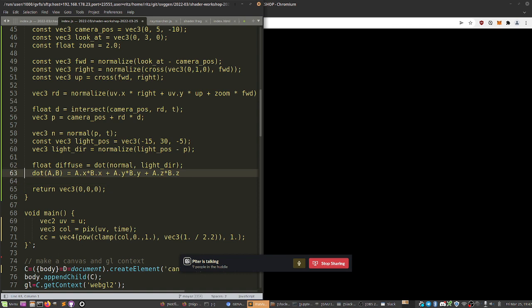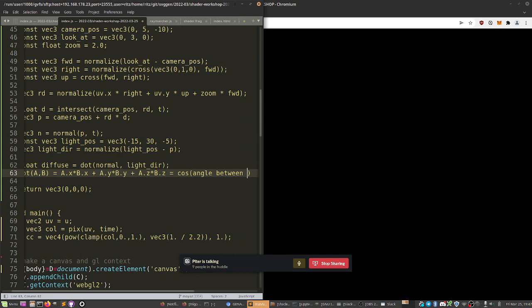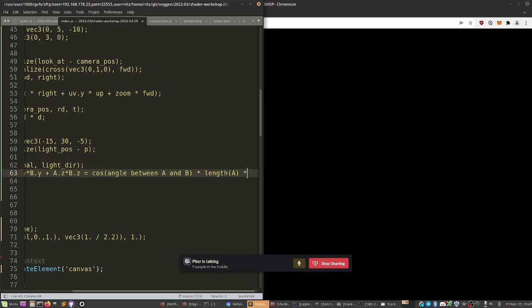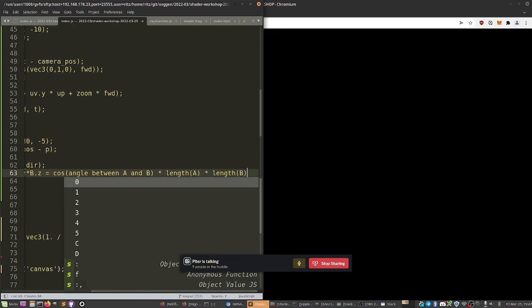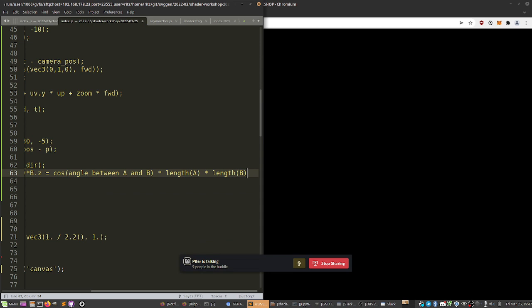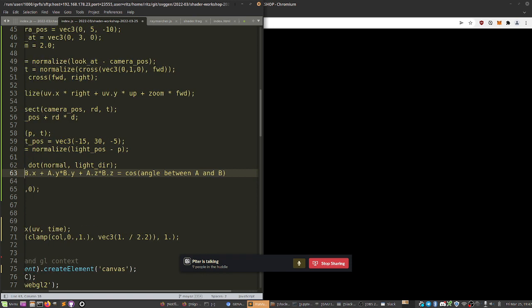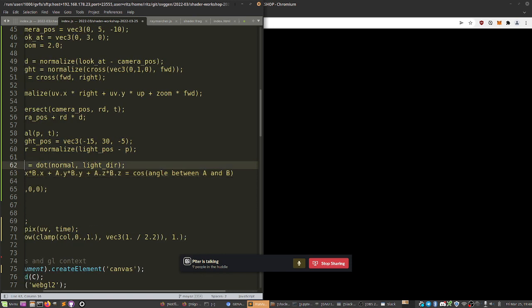And it also happens to be equal to the cosine of the angle between A and B times the length of A and the length of B. That's linear algebra. This is just the case. Because our vectors are normalized, the lengths are 1, so we can take this off. And what we are left with is the cosine of the angle between the normal and the light direction. And that's a really nice thing to have, because